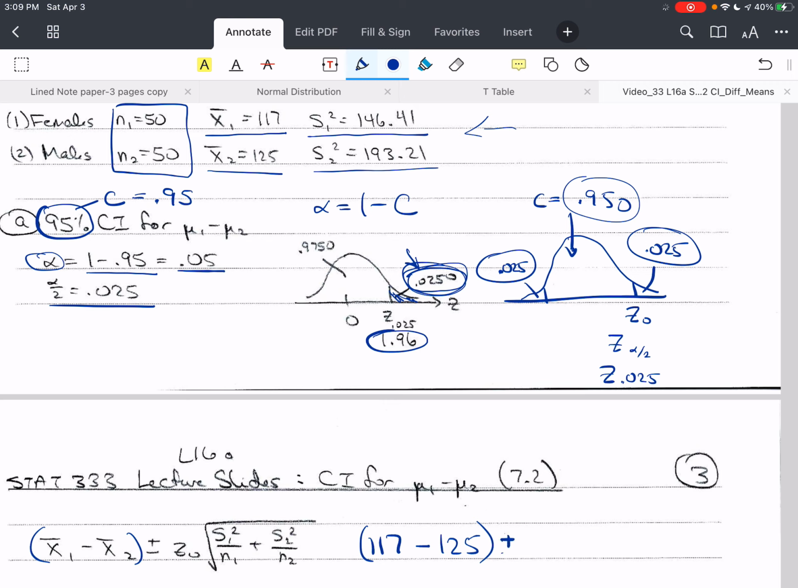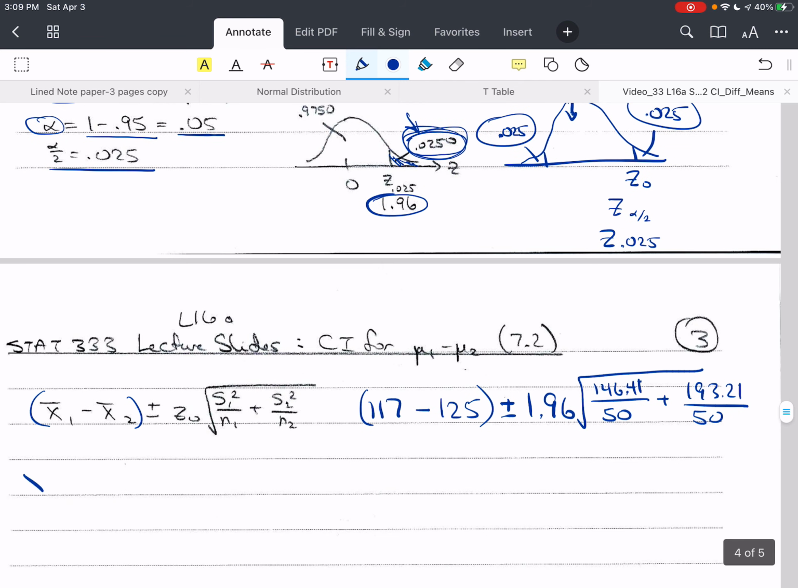And then plus or minus 1.96 times the square root of S1 squared, 41, over 50. So this is already squared, so I don't need to square it again. Be very careful with what they give you. They could give you S1 or S1 squared. And then plus 193.21 over 50. These have a common denominator, I can just add the numerators. And so what I end up with is